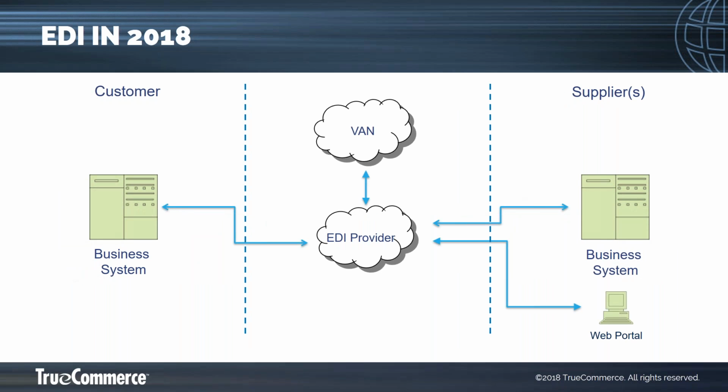So if we look at EDI in 2018, we can see there's much less reliance on EDI software at both ends. Most businesses we speak to who are looking at implementing a fully managed EDI service are looking for the software application which provides the message translation and transmission to be hosted in the cloud by the provider. And this removes the need for EDI software at both ends. It can also remove the need for a value-added network, as we can now use more modern connectivity methods to transmit data securely and reliably.